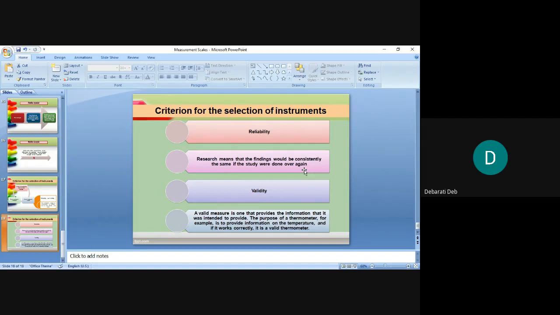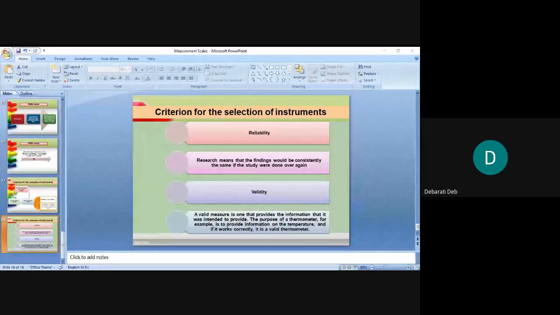Reliability means, say, every time you measure your temperature on a particular day, say every morning for 7 days, if you are all right and don't have fever, then the temperature should remain the same. If consistency is there, even if it is different, the difference should not be much. It may be a little bit of difference depending on the climate, weather. So if you are consistently getting the same result, then your research is reliable. Whether you want it to be reliable and valid or not will depend on your selection of the measurement scale.